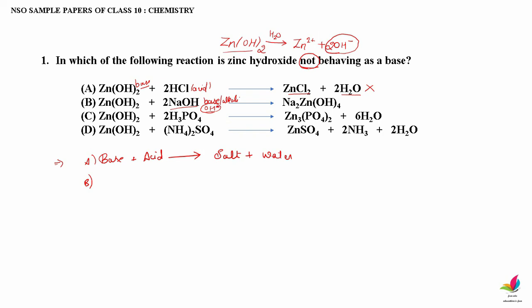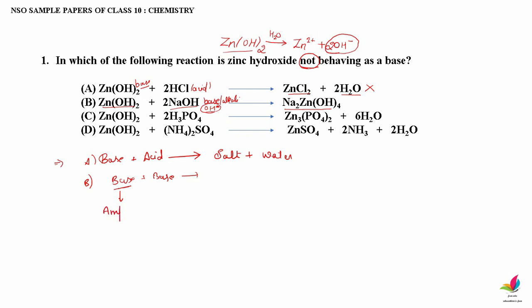So now in this reaction, what happens? You can see that both are bases, correct? Base plus base reaction. So here zinc hydroxide is a base and sodium hydroxide is a base, and you are getting one more product which is a form of salt. Now in this case, what happens? Actually zinc hydroxide is not acting as a base. The first one, that is zinc hydroxide, is not acting as a base. There is no such reaction like base plus base. So though it is a base, in this reaction it is not acting as a base. Instead it is acting as